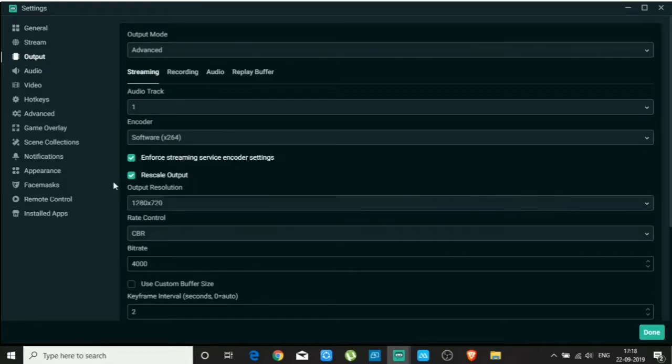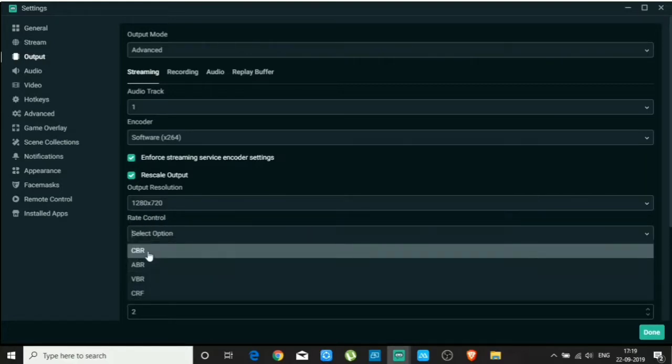Now you go to the output resolution over here. Output resolution means what kind of resolution at the end of the video you want to have. So I have kept it on a high resolution of 1280 into 720. I am normally recording all my videos on this resolution of 1280 into 720, and for the rate control you have to select on CBR just,